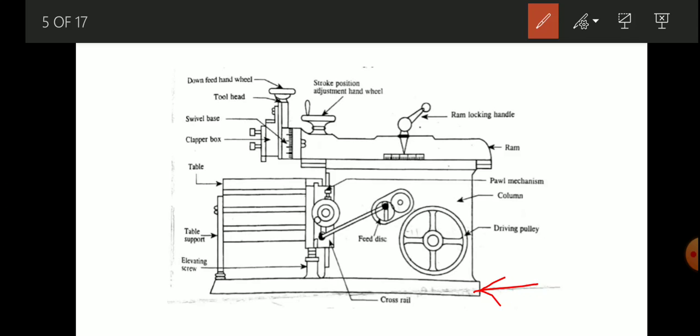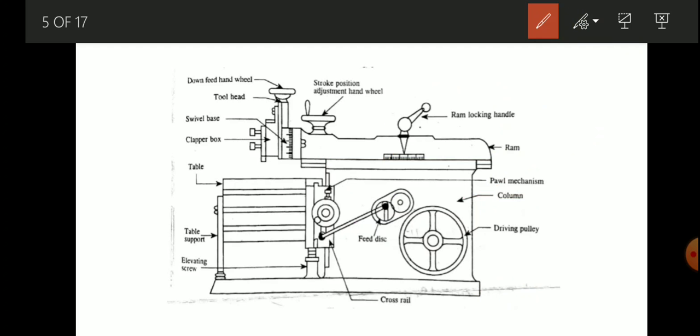Now we have the column. The column is a box like casting made of cast iron itself. It provides guideways on the top of it where the ram reciprocates to and fro.